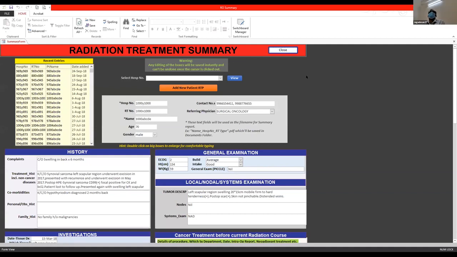So this is one which I have shared with some of my friends for testing and for their comments. This is basically a similar form to the one we just discussed, the OPD form. Using the same methods, I have created this form for our radiation treatment plans. If you want to have a record of all the radiation treatment you offer to different patients who have completed their treatment, this is the form. So you can enter basic information here.